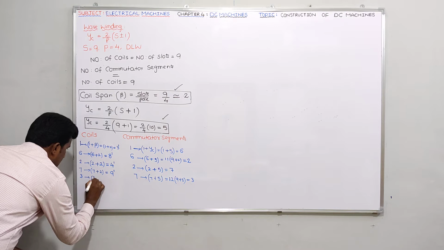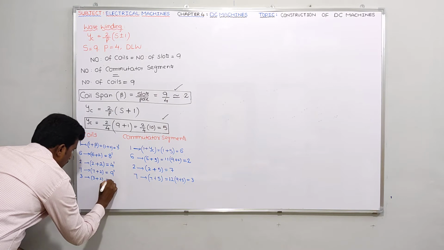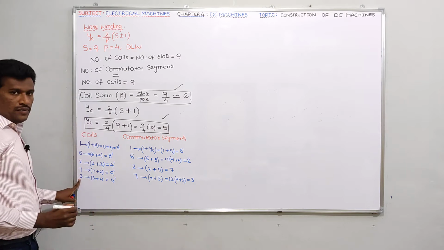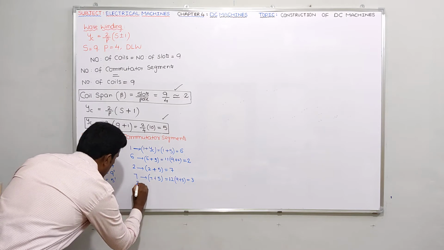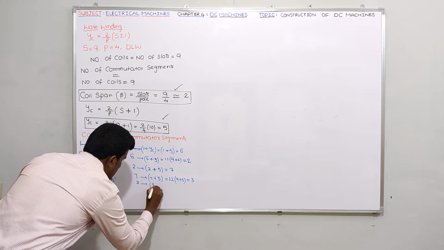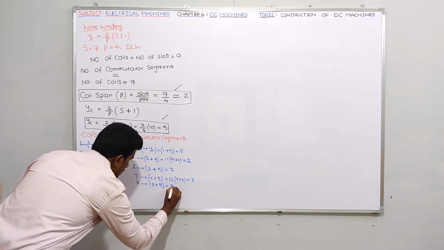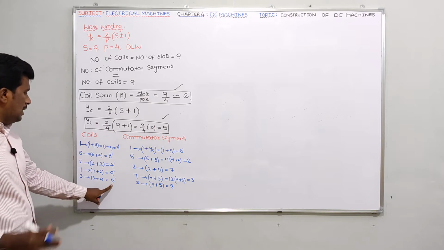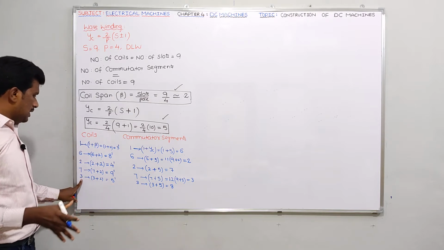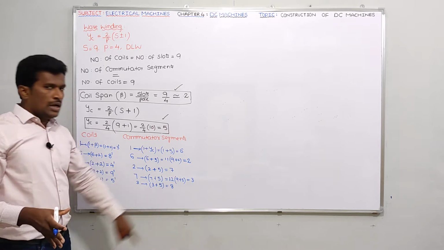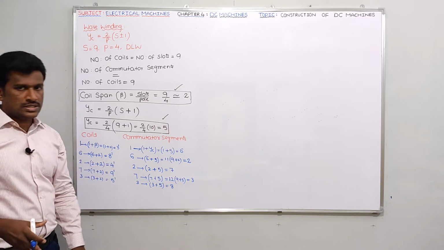So 3 plus coil span 2, it will be 5 dash. So the third conductor will be connected to the third commutator segment. So 3 plus the commutator pitch 5 is the value 8, I can say. That means for the 3 5 dash coil, guys, conductor 3 is connected to segment 3 and the 5 dash conductor is connected to, I can say, the 8th commutator segment.